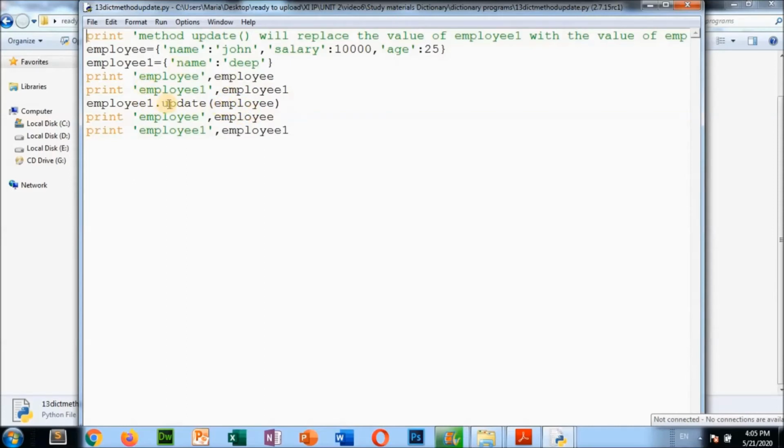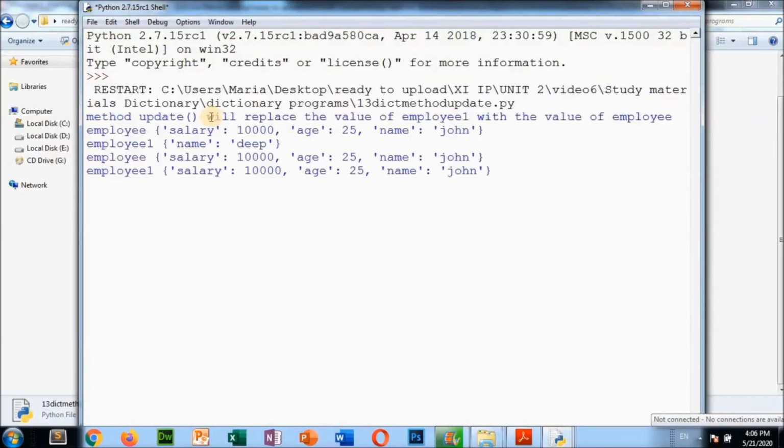So if you run this program, see, in employee1 also it has come. From employee whatever is there, you are updating to employee1 also. That is why employee1 also has the same thing that is in the employee dictionary.